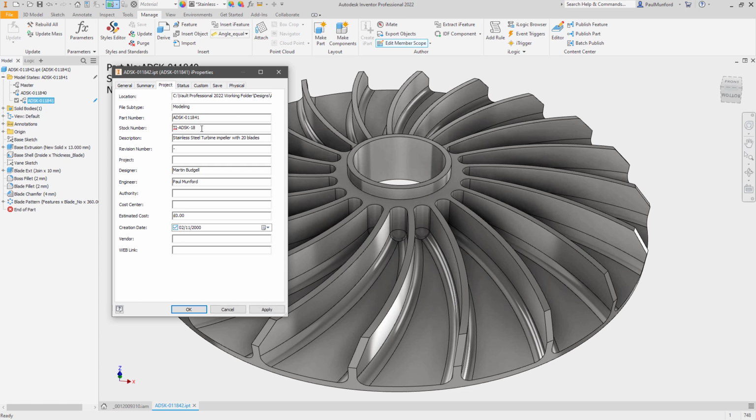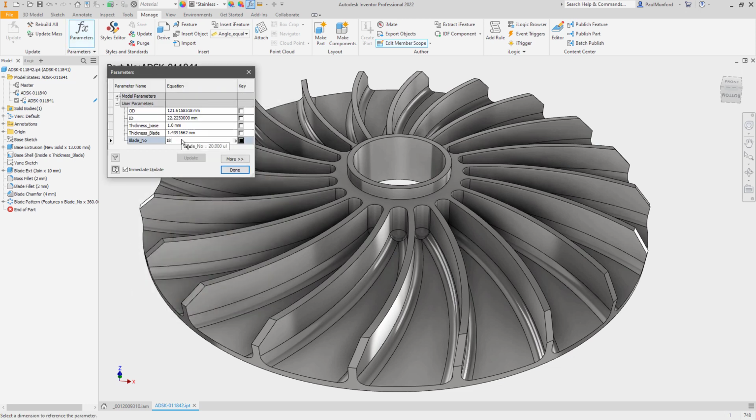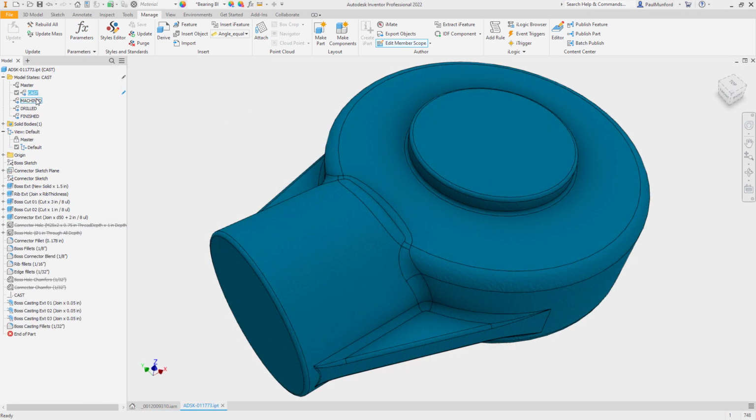Each model state has its own iProperties, allowing you to create families or variations of parts with unique metadata, such as material or stock number. Model states in part files can be used to capture the design of your part as